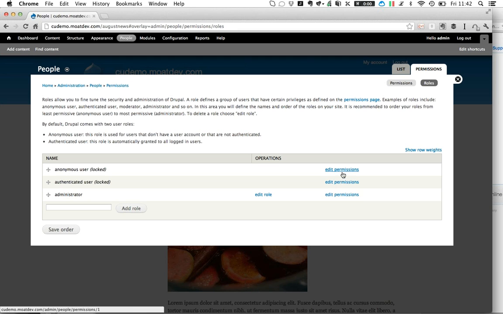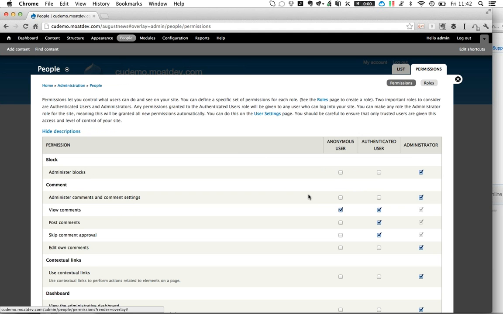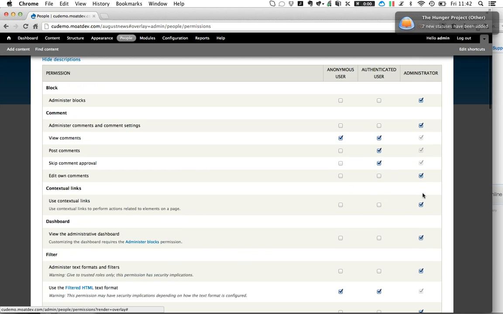And as you can see here, each role can have particular permissions. I'm going to jump back to the big grid. It's a little daunting, but just to give you an idea, these checkboxes indicate what each role can do, and we have a bunch of predefined permissions. And as you add modules, more permissions will appear here, and each module will have a defined list of what the developer has thought should be a permission, but maybe you disagree and you want to change it. So you can see here an administrator